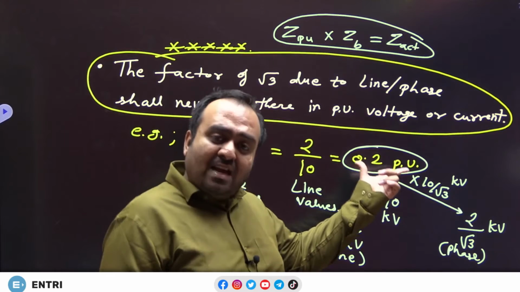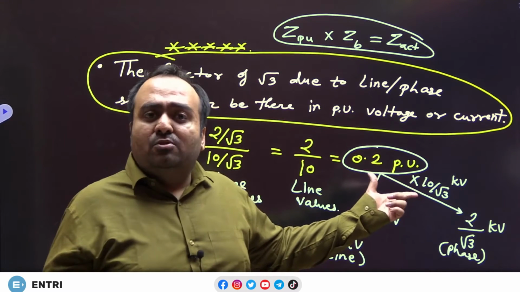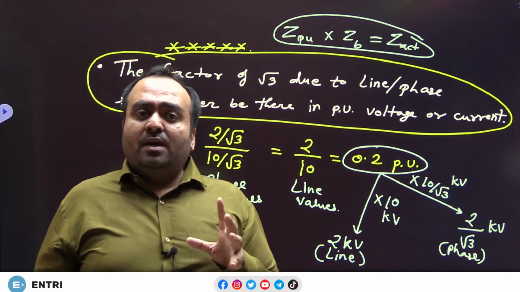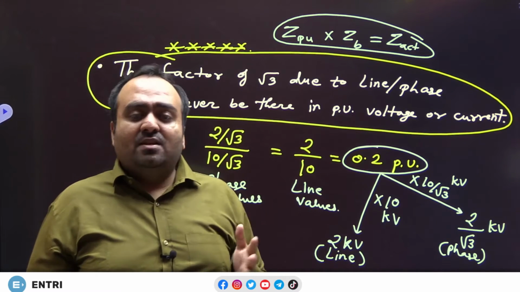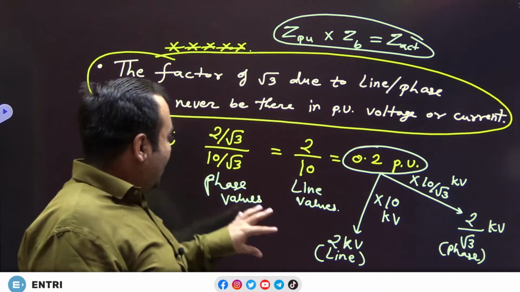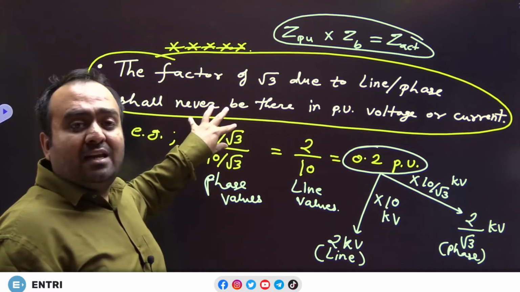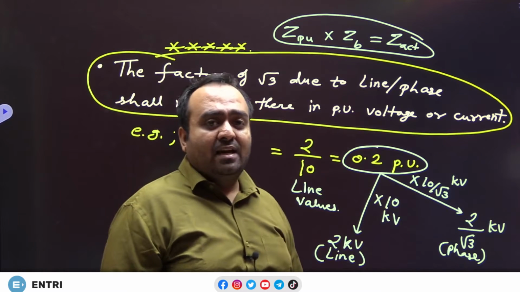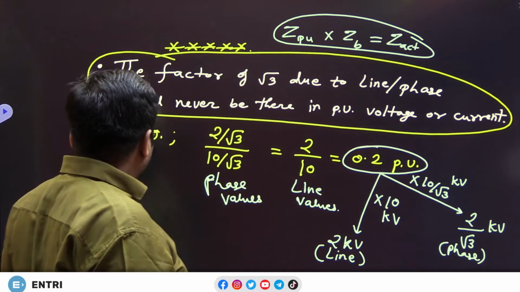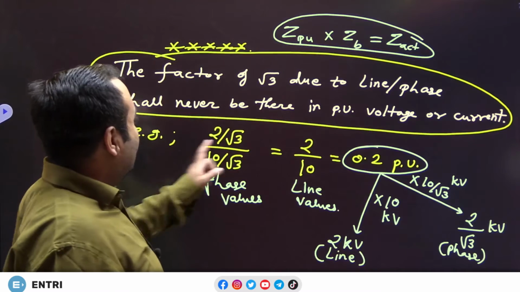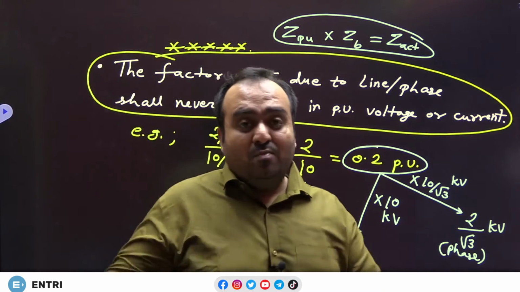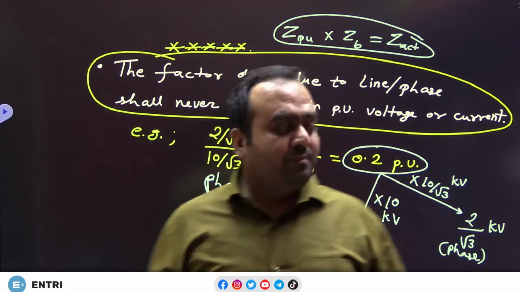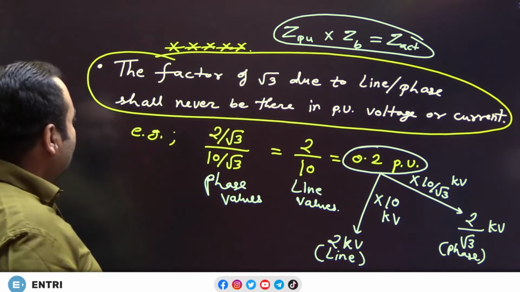Please don't say, sir, line value is 0.2 per unit, so phase value is 0.2 by root 3 because it is star. See, whether star or delta, voltage is 0.2 per unit means 0.2 per unit, whether line or phase, because after all it's the percentage. If it is phase value, then it is the percent of the phase value. If it is the line value, then it is the percent of the line value. Anyway, the factor of root 3 won't be there because of line or phase. And I think this statement was written and decorated with stars. Any important point that comes in front of you, you have to decorate it with stars, right? So this was it. Let us now move ahead.